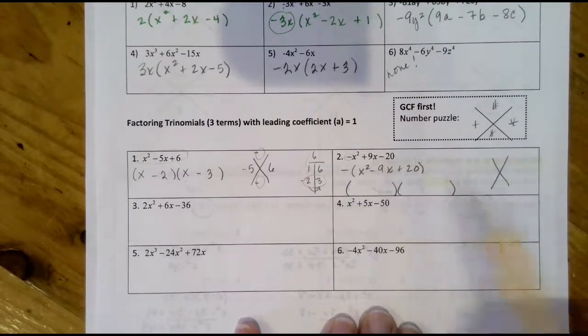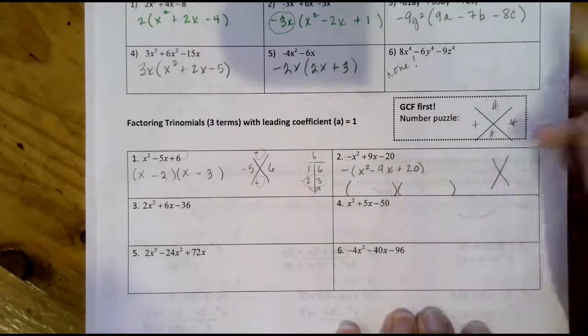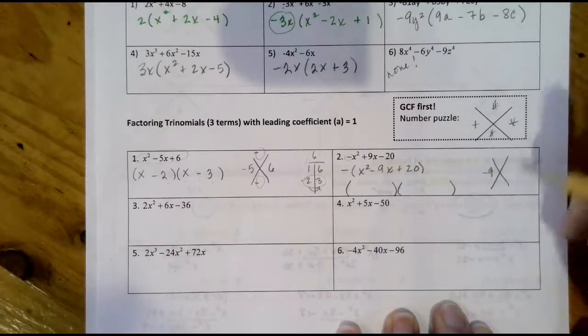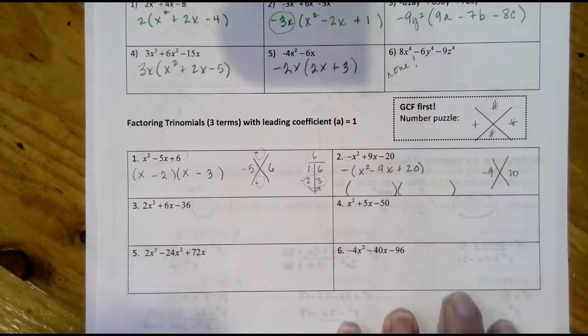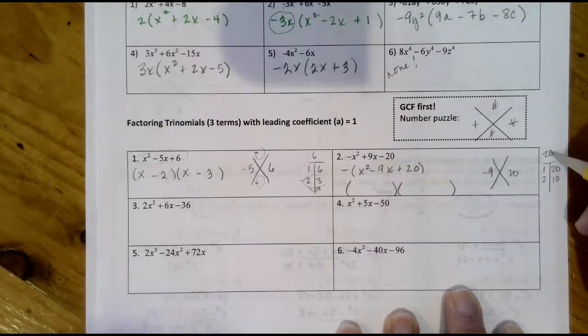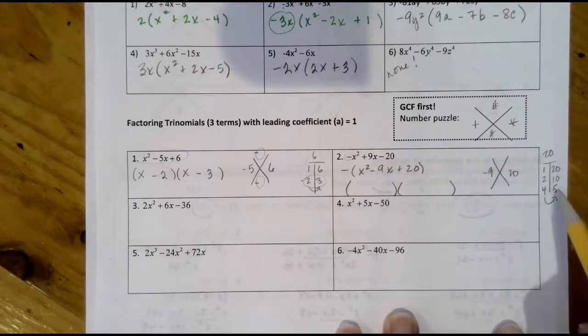I want two factors that have a sum of negative 9 and a product of positive 20. So we'll go ahead and break down 20, 1 and 20, 2 and 10. 3 does not go in evenly, but 4 does, and there's my wraparound, because my next is 5 times 4,